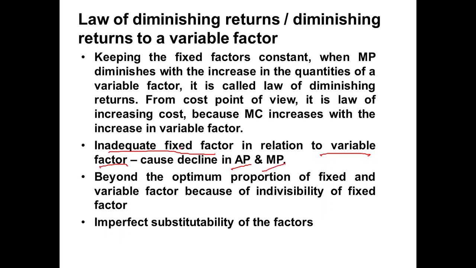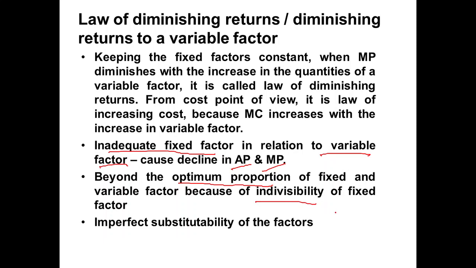Why does it happen? Because of inadequate fixed factor in the second stage, because the workers become comparatively more than the available fixed factor. And then in the second stage, you cross the optimum proportion of fixed and variable factor because of indivisibility of fixed factor. The fixed factor is